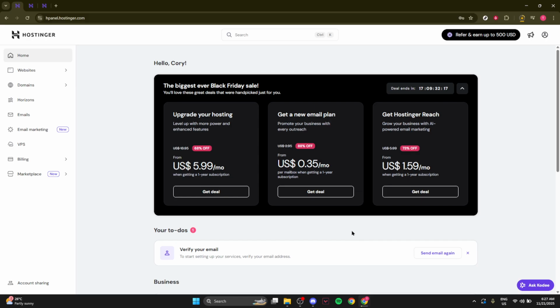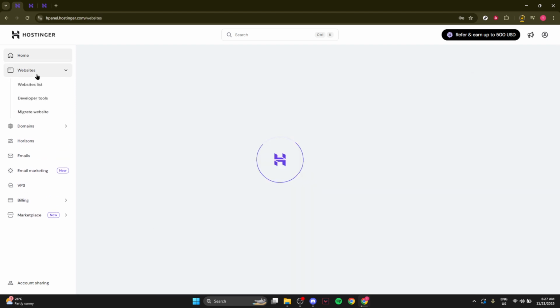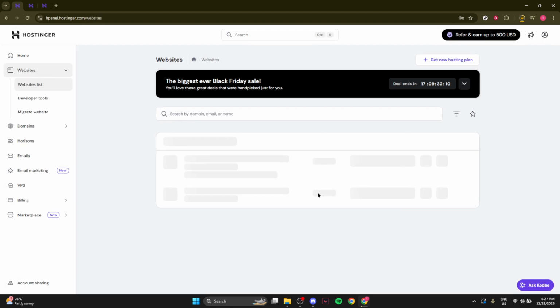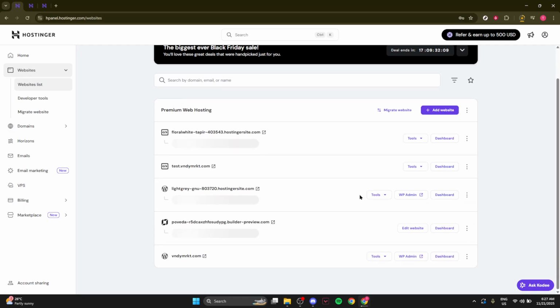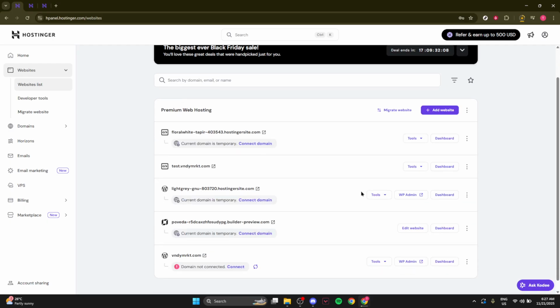Start by heading to Hostinger's hPanel and logging in. Once you're in, you'll land on the main dashboard. Look for the hosting service that contains the website you want to remove. If you have multiple plans or domains, take a moment to confirm you're opening the hosting account tied to this specific site. This helps avoid deleting files for the wrong domain, especially if you manage more than one website on